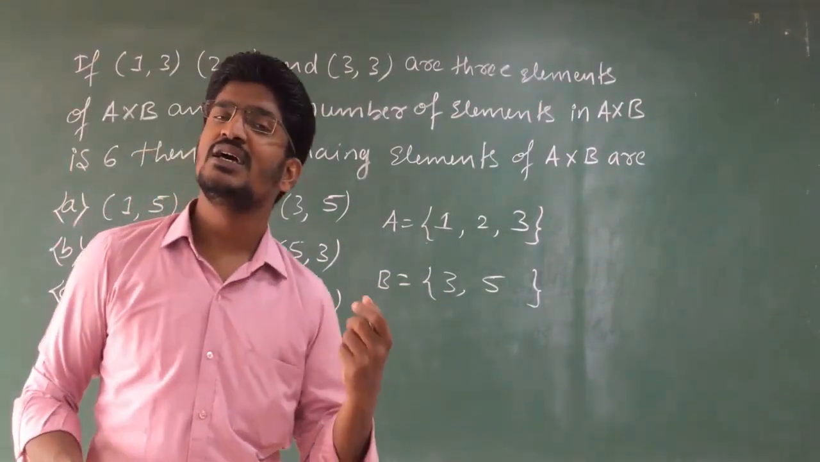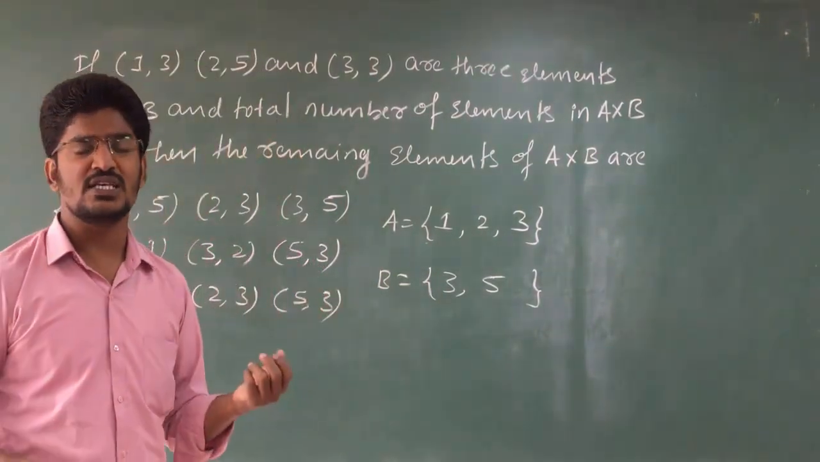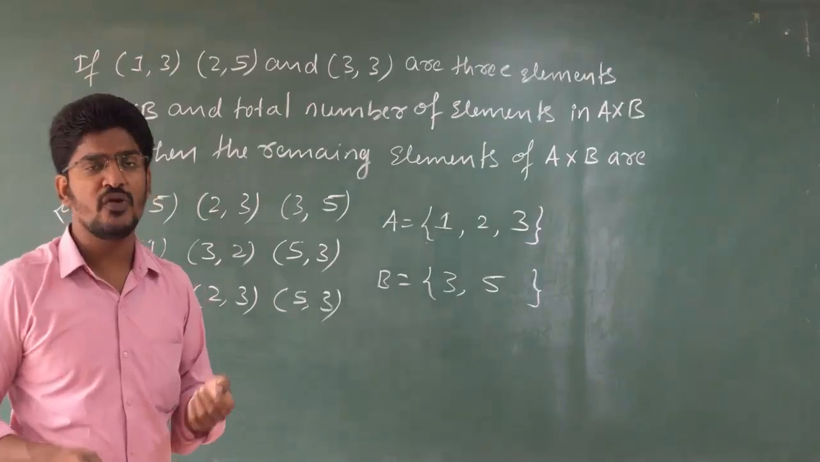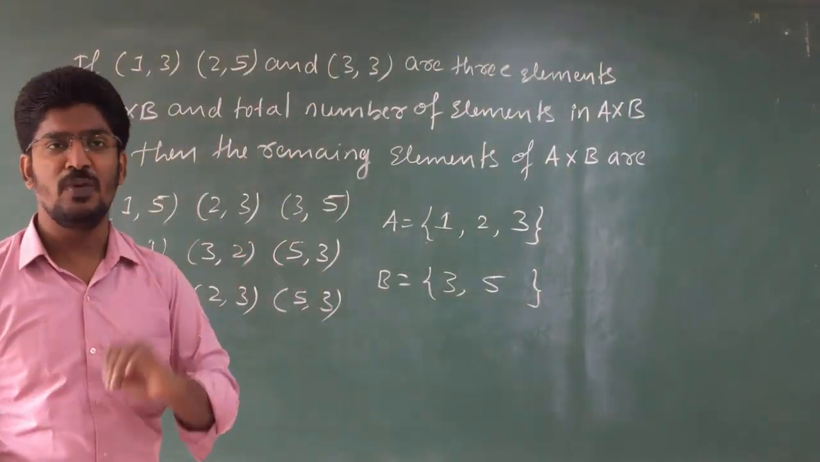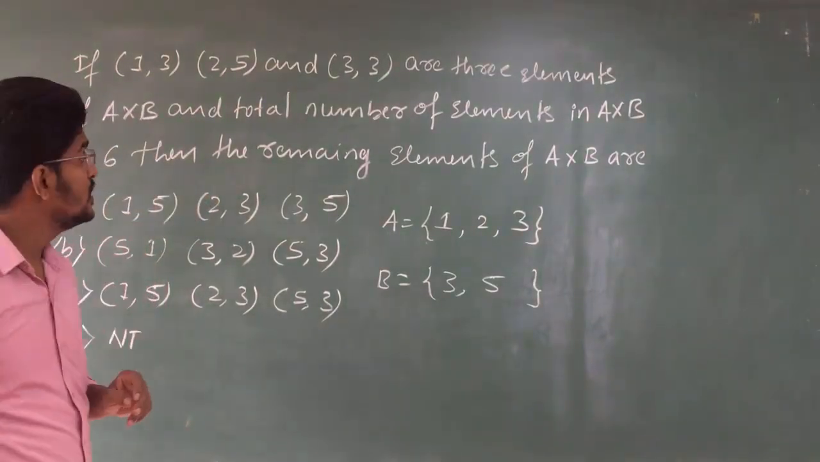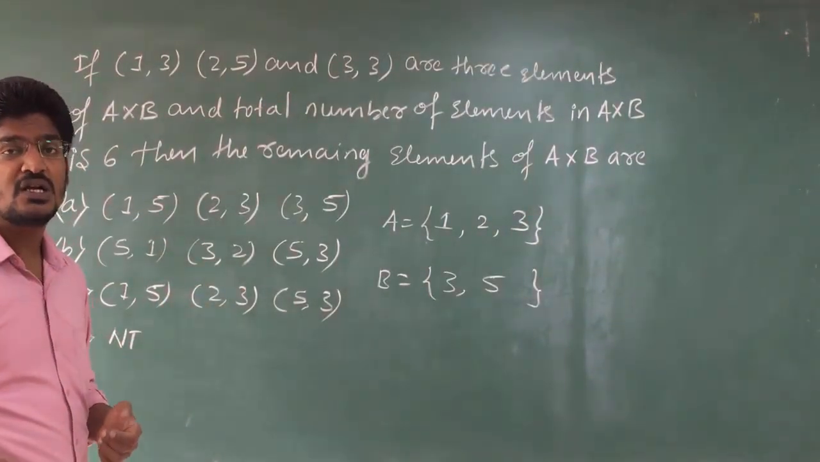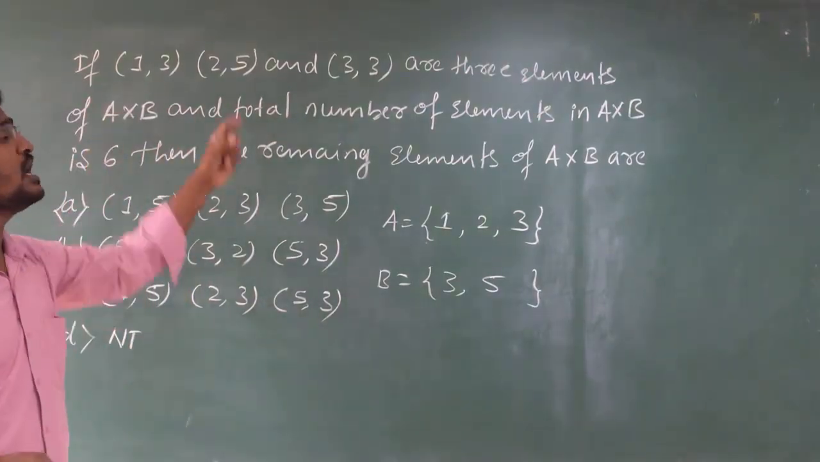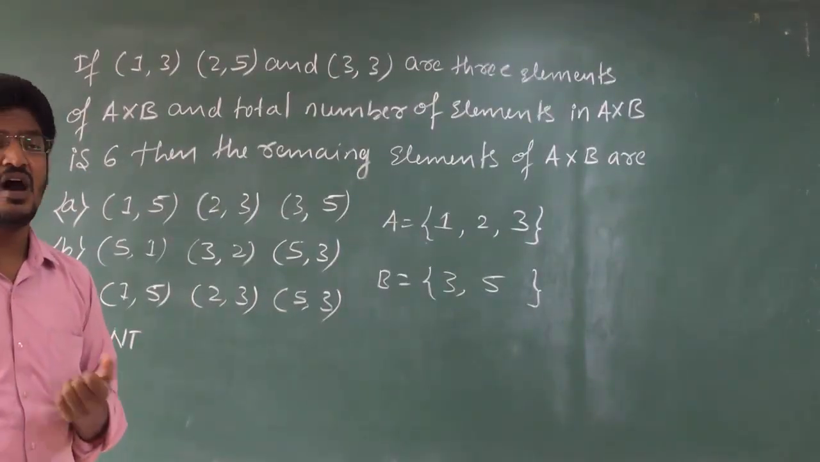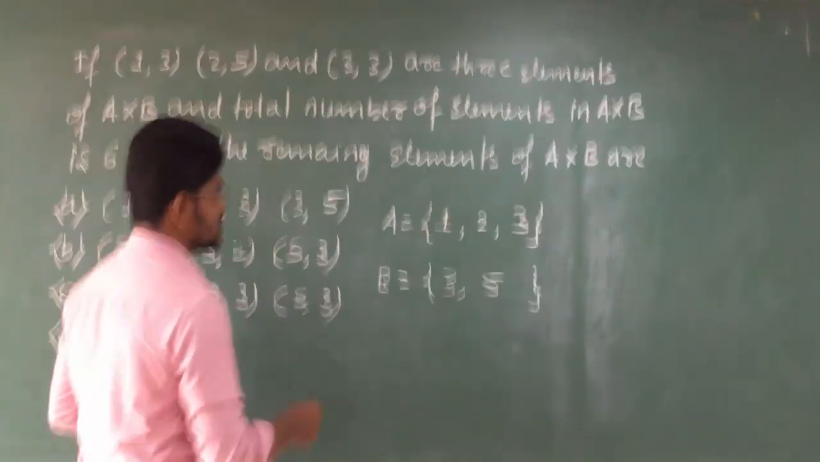You are going to get 6 order pairs. 3 into 2, 6. Just from the simple formula of n of A cross B equal to n of A multiplied with n of B. Now from that, if I make a Cartesian product, then you are going to get all 6 order pairs. In that, 3 they have given, the remaining 3 will be the answers. Clear? So the first order pair is